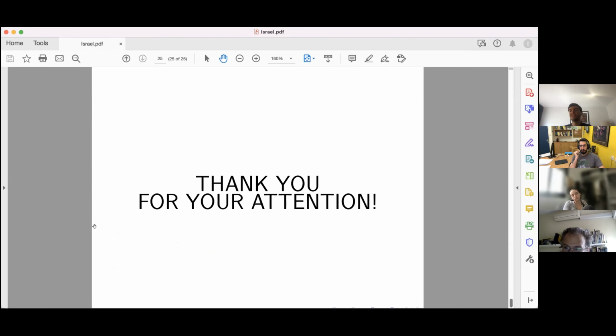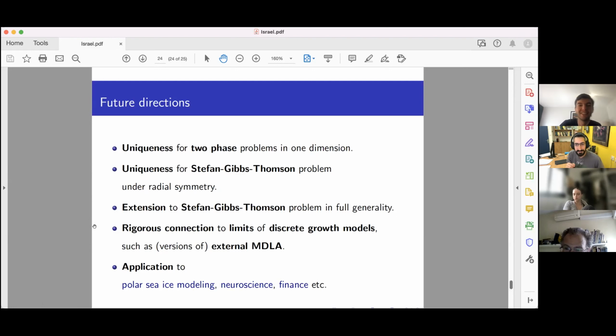So the first point is, sorry for stopping you. The first point is since you had only an inequality and not equality, then you cannot go back from understanding the continuous solution and get some geometric understanding about this external DLA.